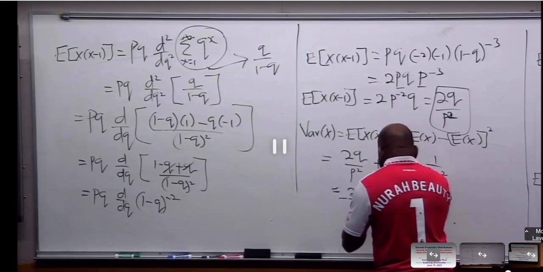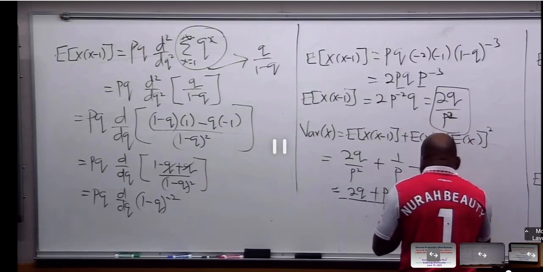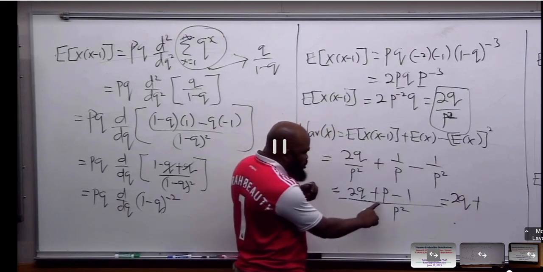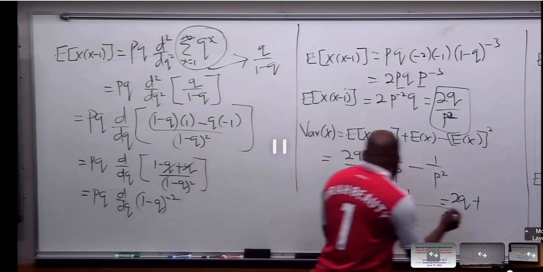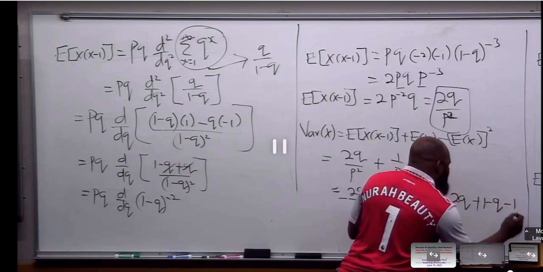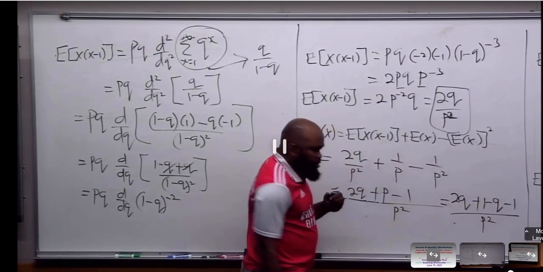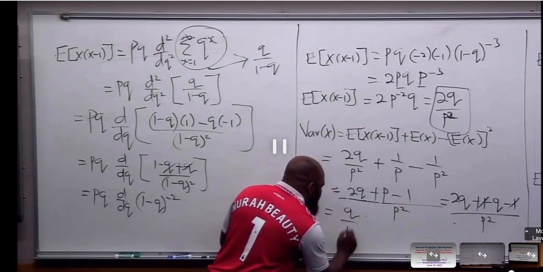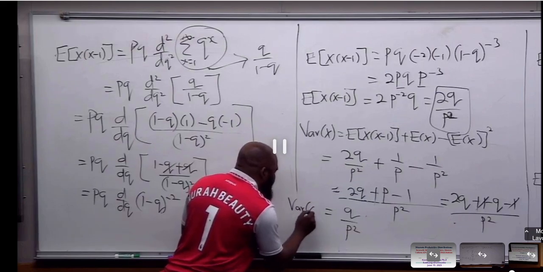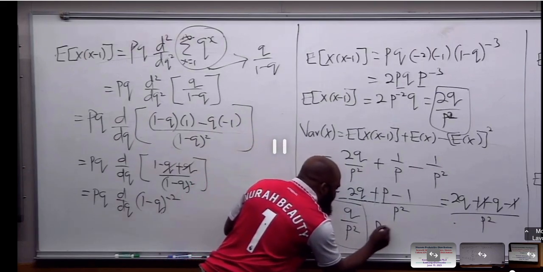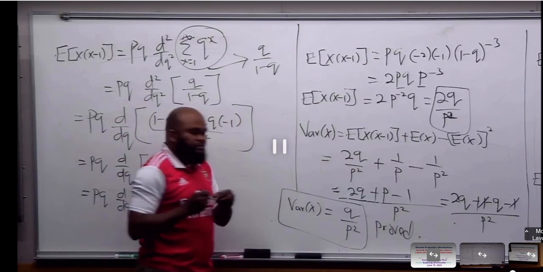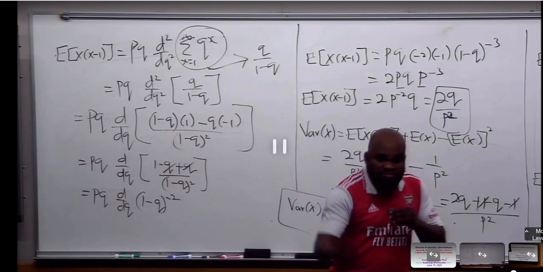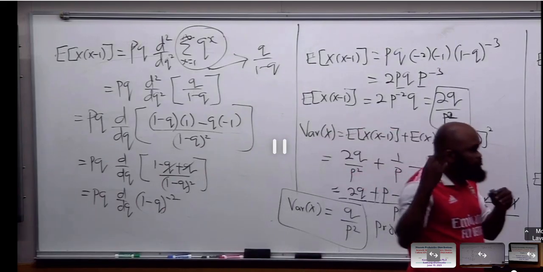Okay, so here, 2Q, I want to get the numerator in terms of P. What is P? 1 minus Q, right? 1 minus Q minus 1 divided by P squared. What happened? 2Q minus that. Okay, that is it. That's how to prove. Now, today, we've proved mean and variance of Bernoulli, mean and variance